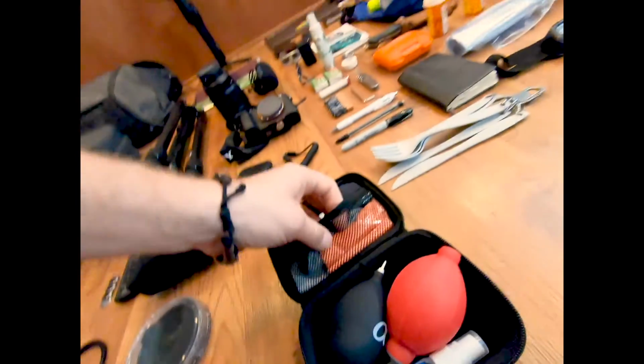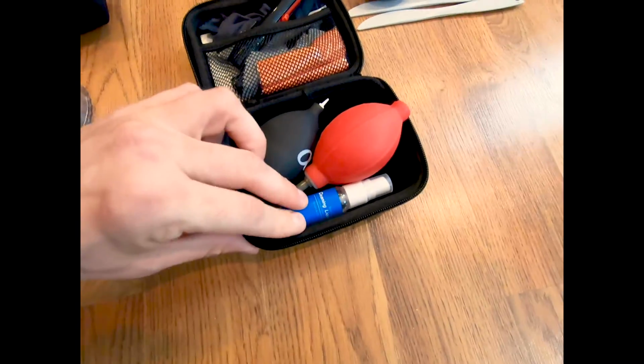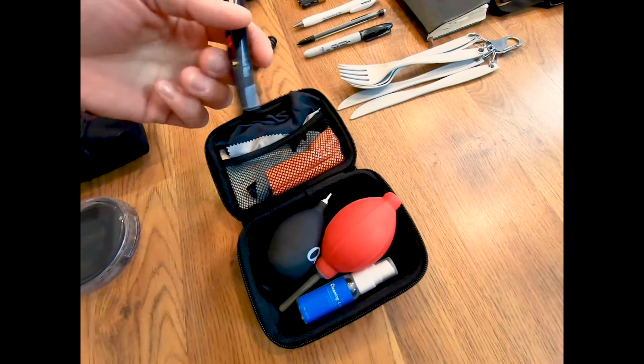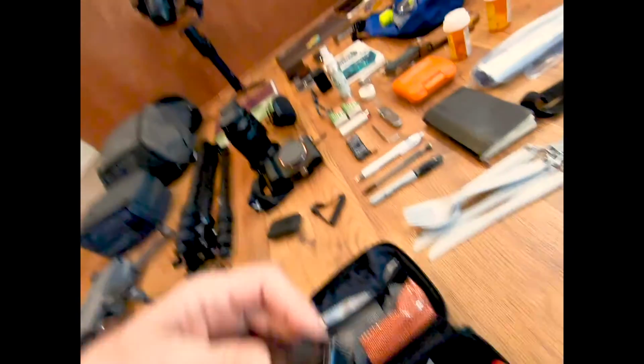The last thing, cleaning kit. I'll show you what I got in my cleaning kit. Pretty basic stuff. I got 2 blowers. I got 1 cleaning solution. I have 1 duster with the other end